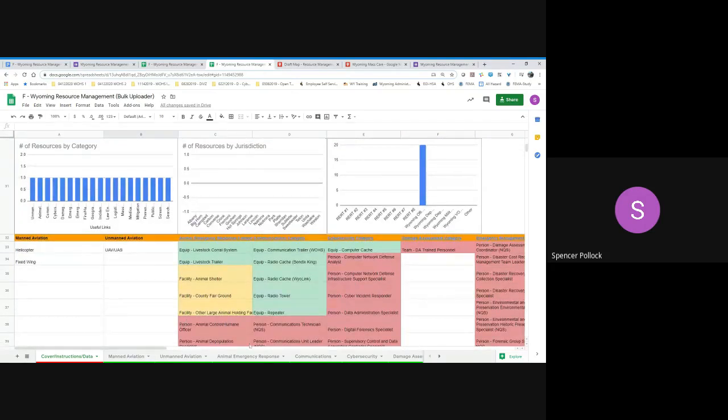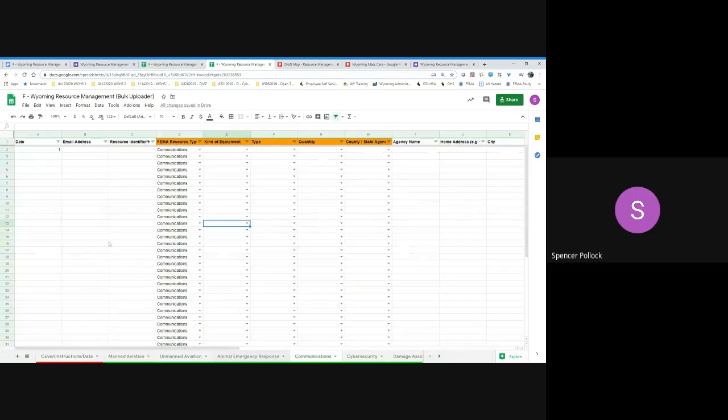So let's say in this case, we're going to load in some communication equipment. The nice part about the bulk uploader is you can do a lot of copy and paste, and that's going to be very helpful in getting your stuff in. So we'll say again that we'll load up a piece of equipment here to show folks kind of what it is. We'll say it's trailer 1 is what we call it.